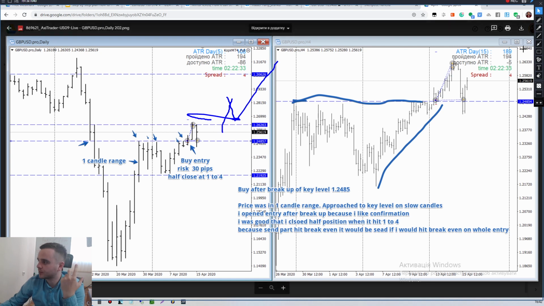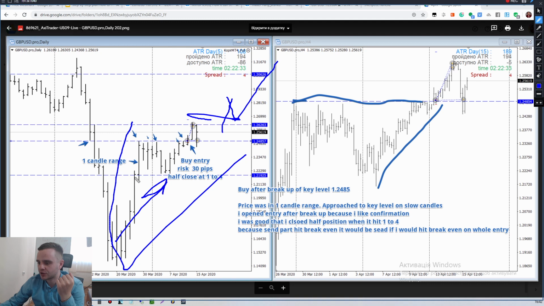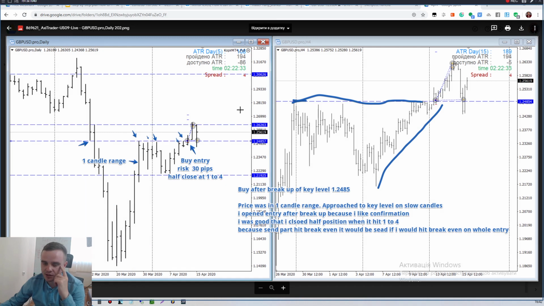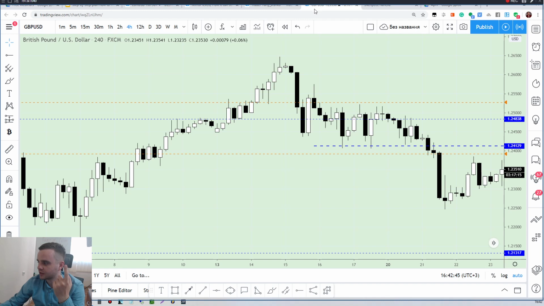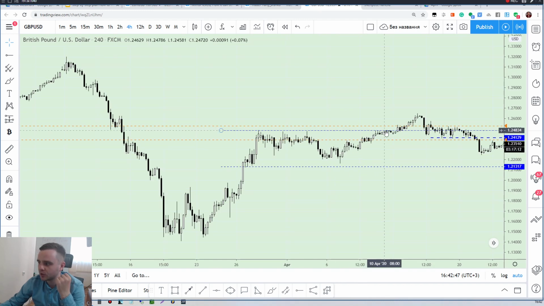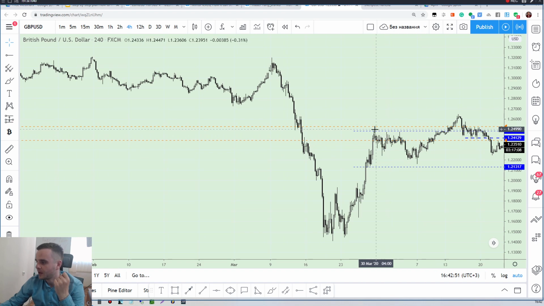Why it's important? At this moment, why was it good to trade the mirror level here? Because local trend was in this direction. Also, there was a lot of volume accumulation here. When you understand energy and volume, you will understand that the most important point in all trading is to follow big players and follow the volume. And at that moment, it was easy to understand that volume was in that direction.